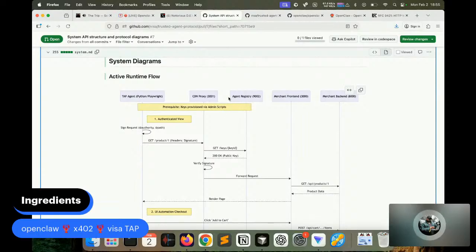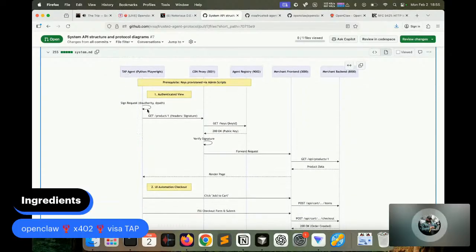It already registered itself in the registry or somehow has been registered before. Then it authenticates here, signs the request, and then it makes a get